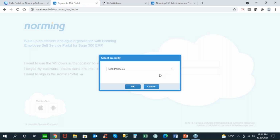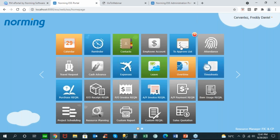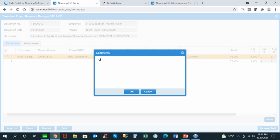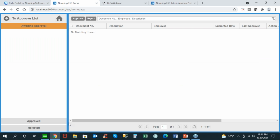And the main purpose of this part of the demo is just to highlight not only the approval process, but the integration of timesheets into PJC and Canadian payroll. So I've got a to approve list here with the timesheet number 40 that we set up today, September 29th. So I click on that timesheet, I can see the attachment, I can see the time that's been allocated. I notice there's a comment here, need to do a lot of work, and the note, nice customer. Again, I have the transfer option if I wanted another manager to review the timesheet, but I'm just going to go ahead and approve, say okay, and then I'm going to be able to move this out of the approval